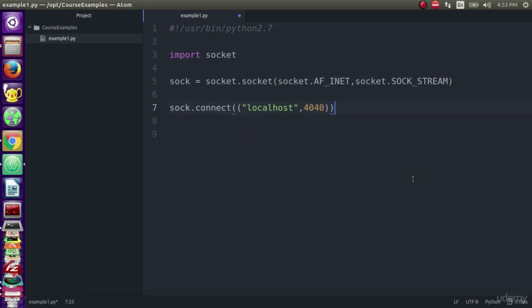We determine the localhost and the port, as I mentioned before. Now, we want to send the data that we want to send to this host. We need to type sock.send. The send method lets us send data to this host after we accomplish